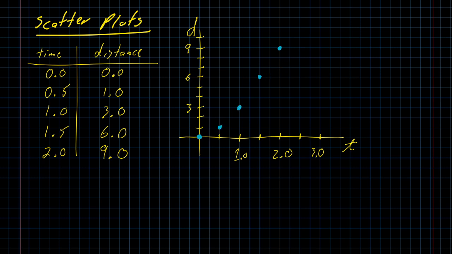If I try to draw a straight line through the last couple of points, you'll see that there are 3 points that fall in a straight line, but it definitely misses the rest of the graph. And so, trying to draw in a curve connecting the points in a scatter plot may or may not be something that's